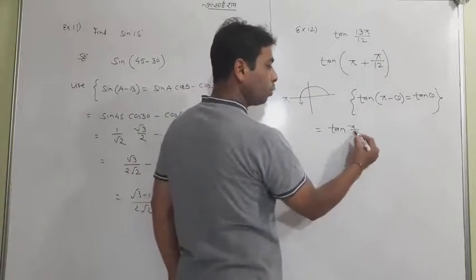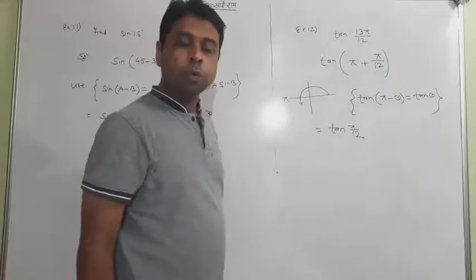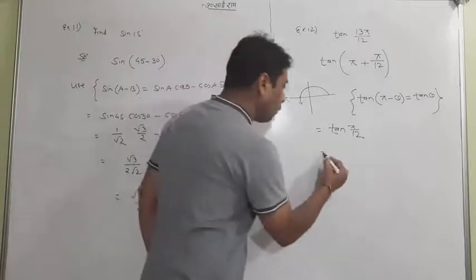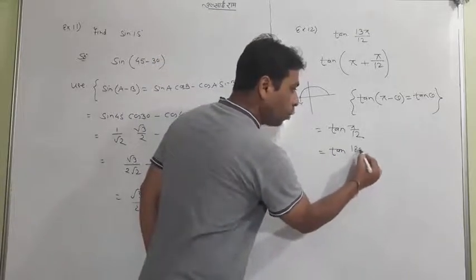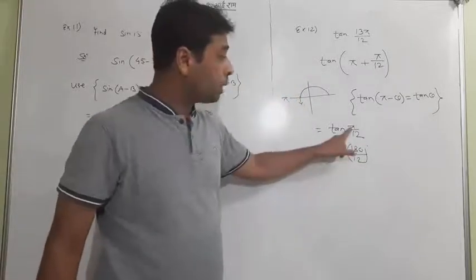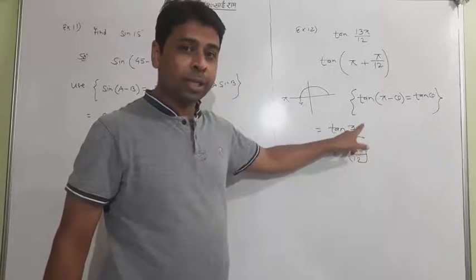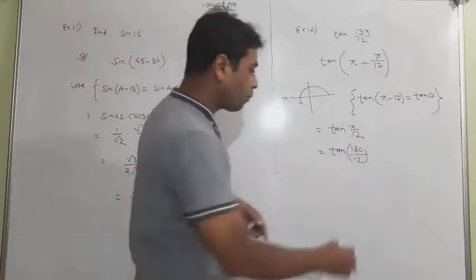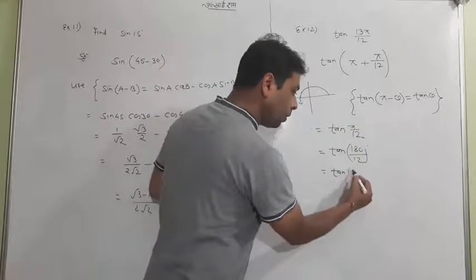So it is tan pi by 12. So what is the meaning of pi by 12? Now you are free to put 180 upon 12, because this time it's going to be degree. So how is it so? Because pi is not pi. Pi is a pi radian actually, and pi radian is equal to 180 degree. And after division you will get 15 degree.